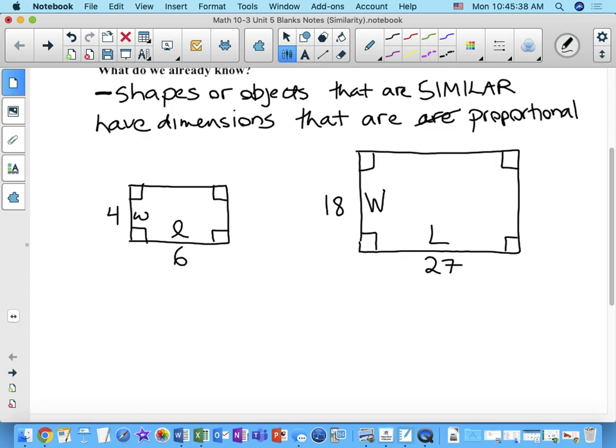So if we wanted to know for sure, then what we need to do is compare width to width and length to length. And if those proportions are equal to one another, then the shapes are similar. That's one way of confirming similarity. Another way, well, let's actually do that first. Okay? So if we compare